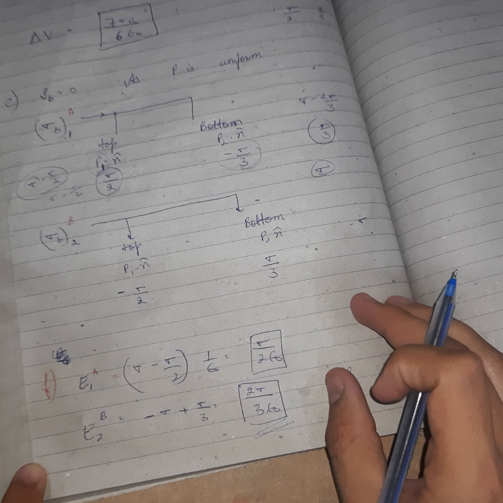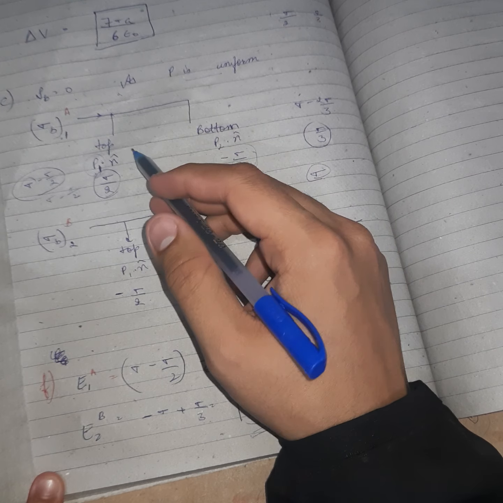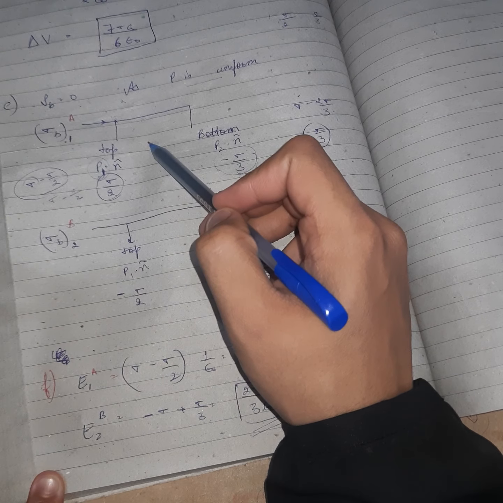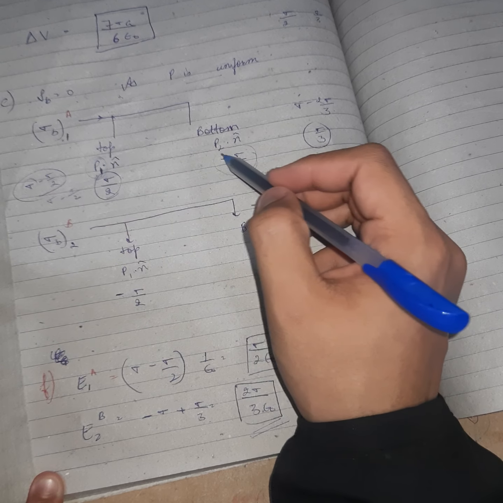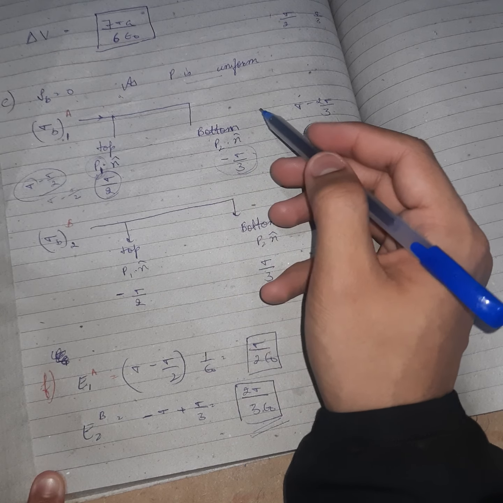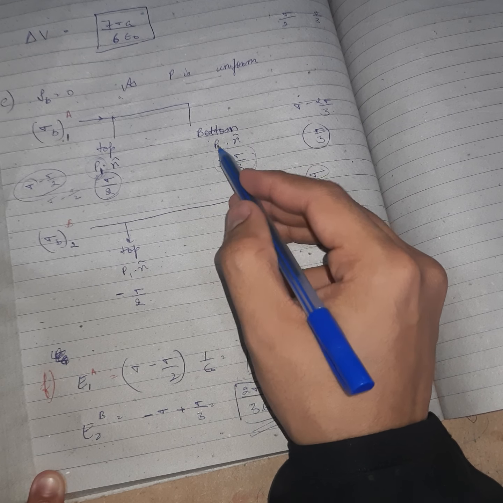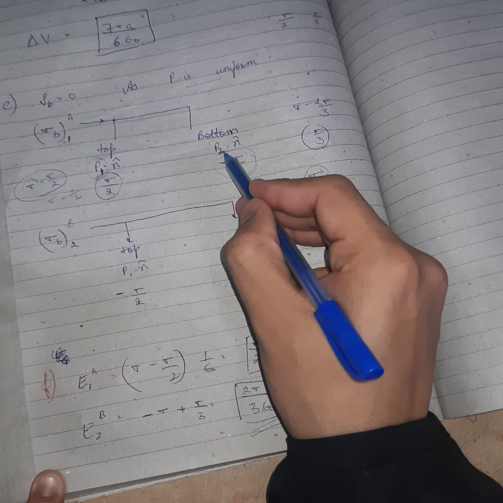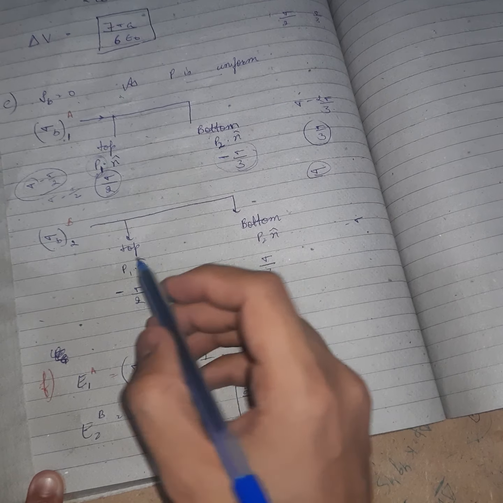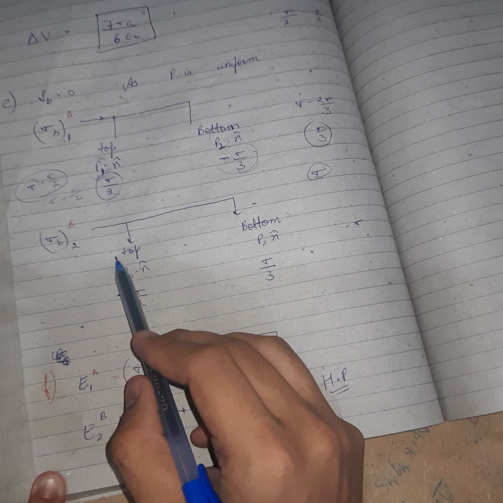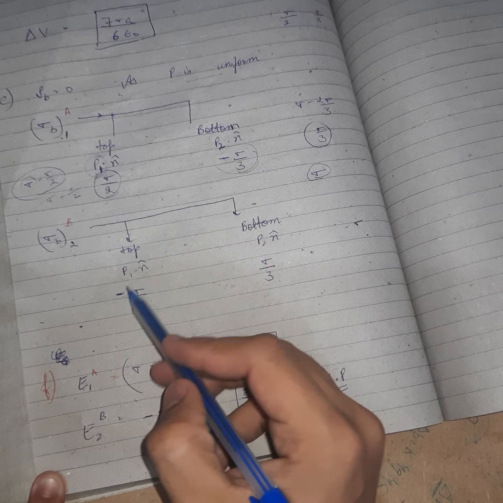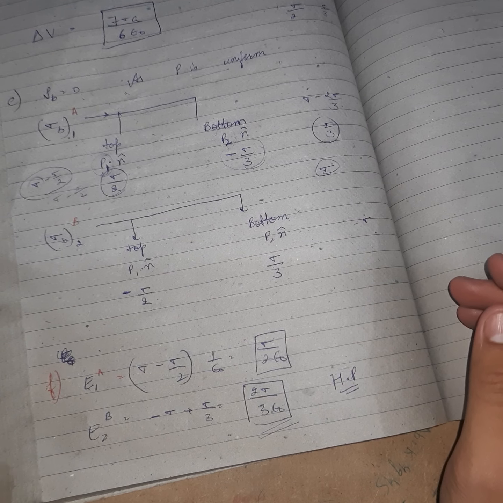I hope you understood. Just do the bound charges yourself by considering polarization for slab 1 and polarization for slab 2. You'll understand how the negative sign came here, because we considered P2 for the bottom, that is why negative came here, and for slab number 2 negative came for the top. Do it yourself and you'll get the answer.